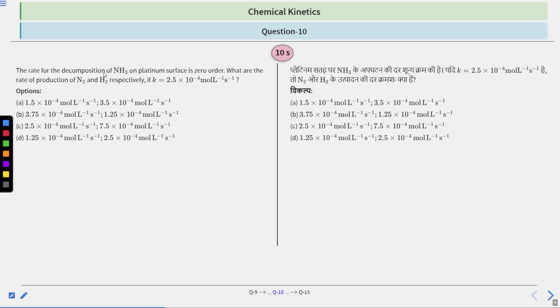The rate of decomposition of ammonia on a platinum surface is zero order. What are the rates of production of N2 and H2 respectively, if K, that is the rate constant, is equal to 2.5 times 10 to the power minus 4 mole per liter per second? Options are 1.5 times 10 to the power minus 4 mole liter inverse second inverse, and 3.5 times 10 to the power minus 4 mole liter inverse second inverse,